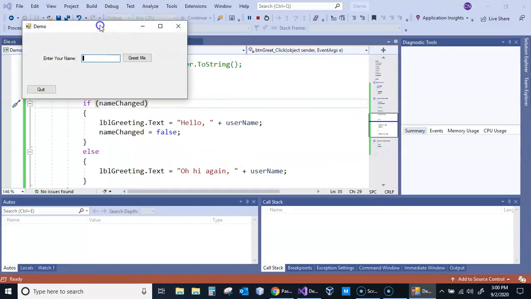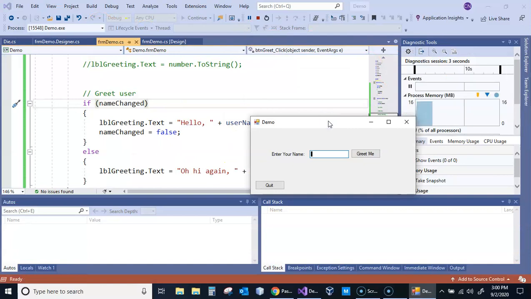The important part is not how this particular example works. It's to understand that there's a text changed event for this text box, so that when I type into it, say Chris, what happened is it fired off the text changed. It turned name changed to true, and name changed means, hey, you're a new person, I'm going to be nice to you. Hello, Chris. But if I click this button again,